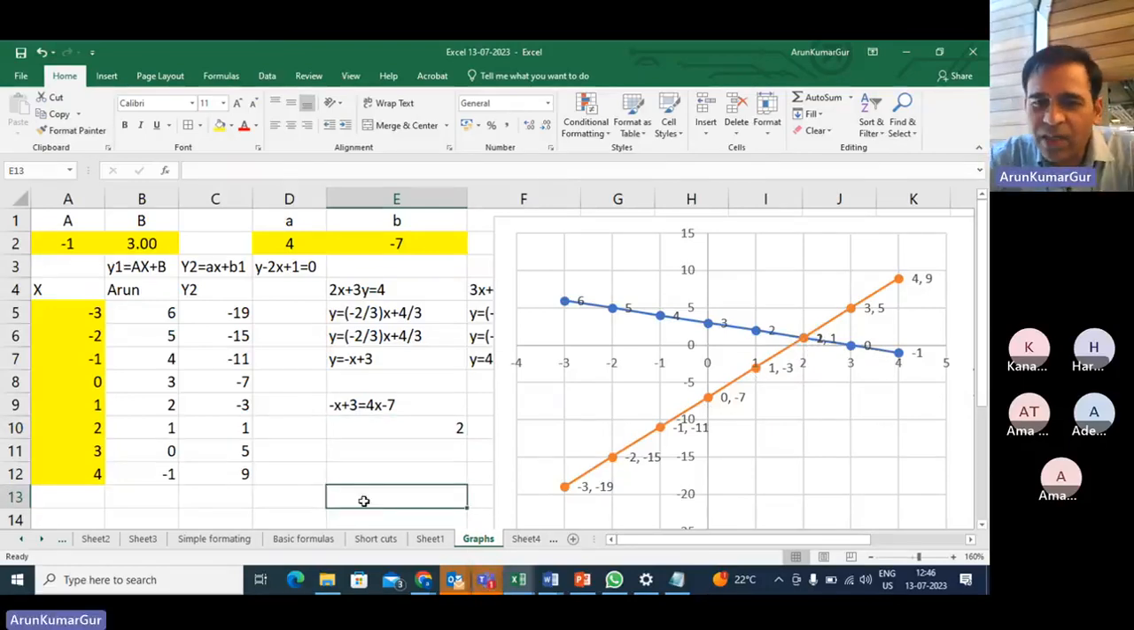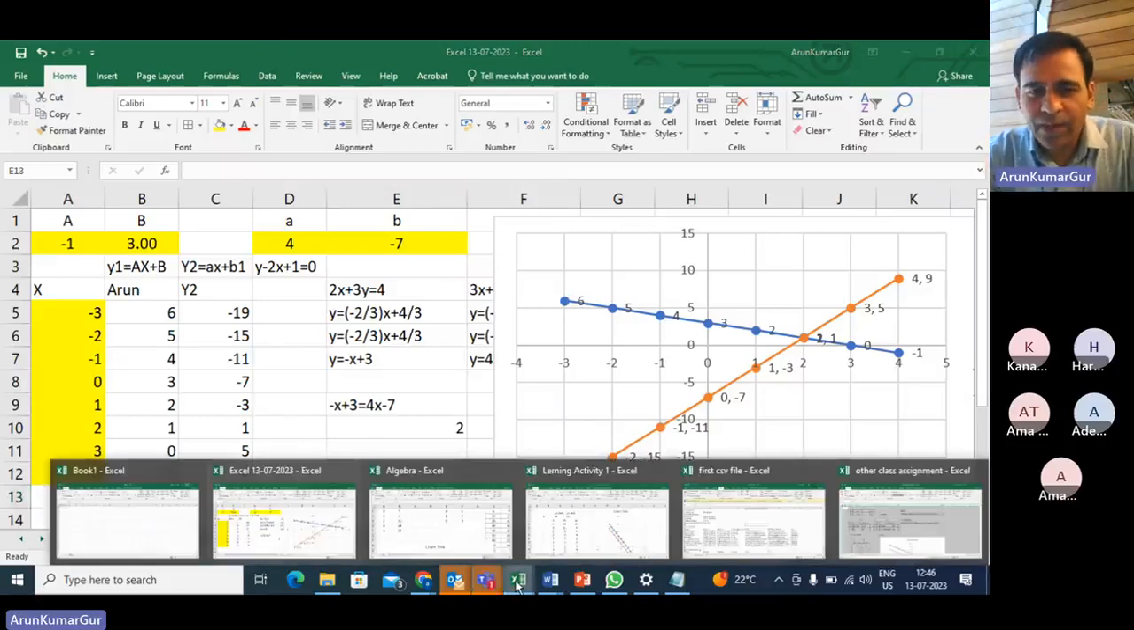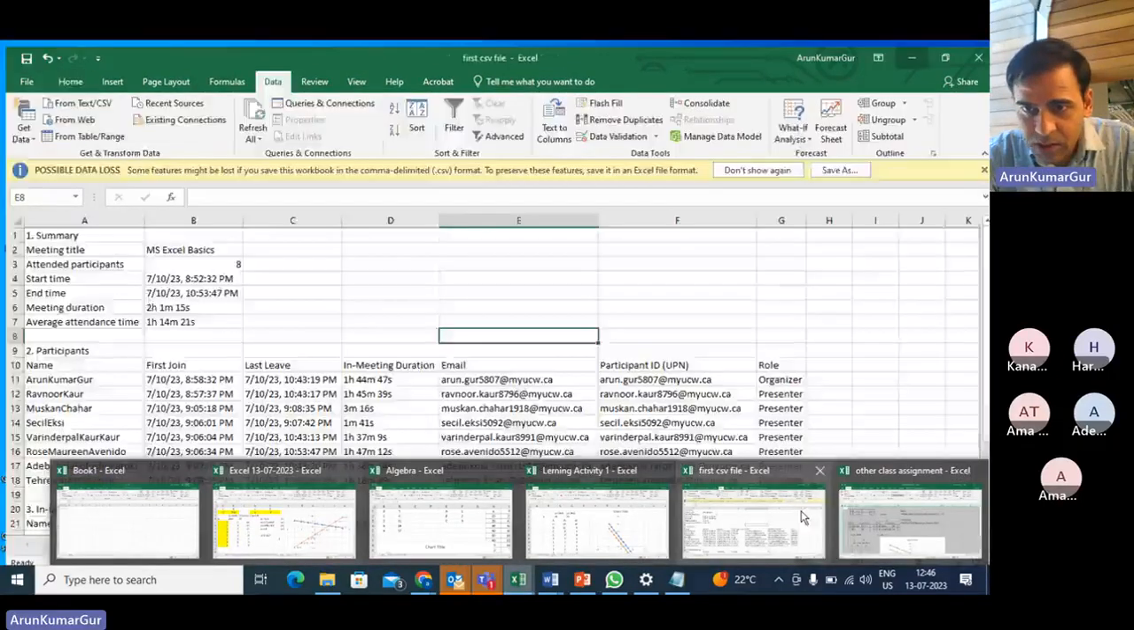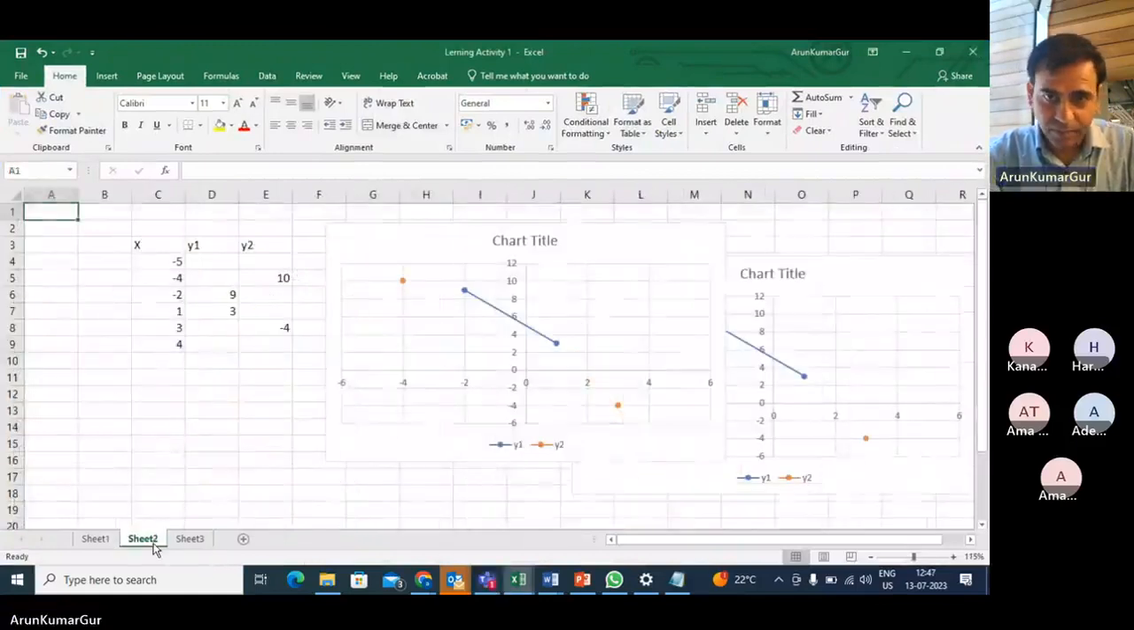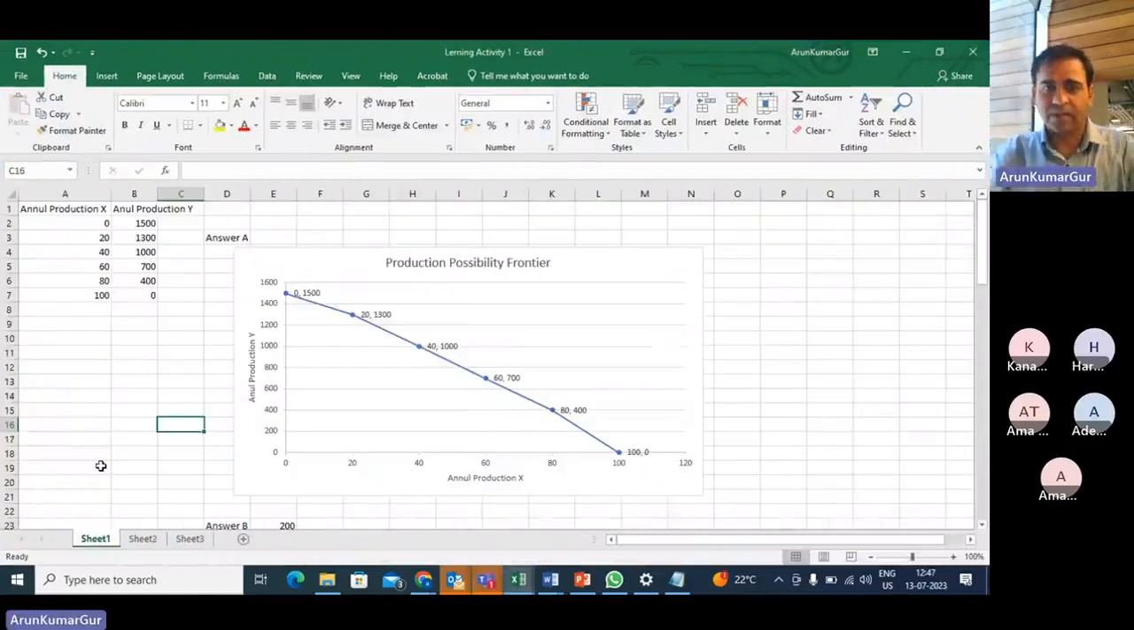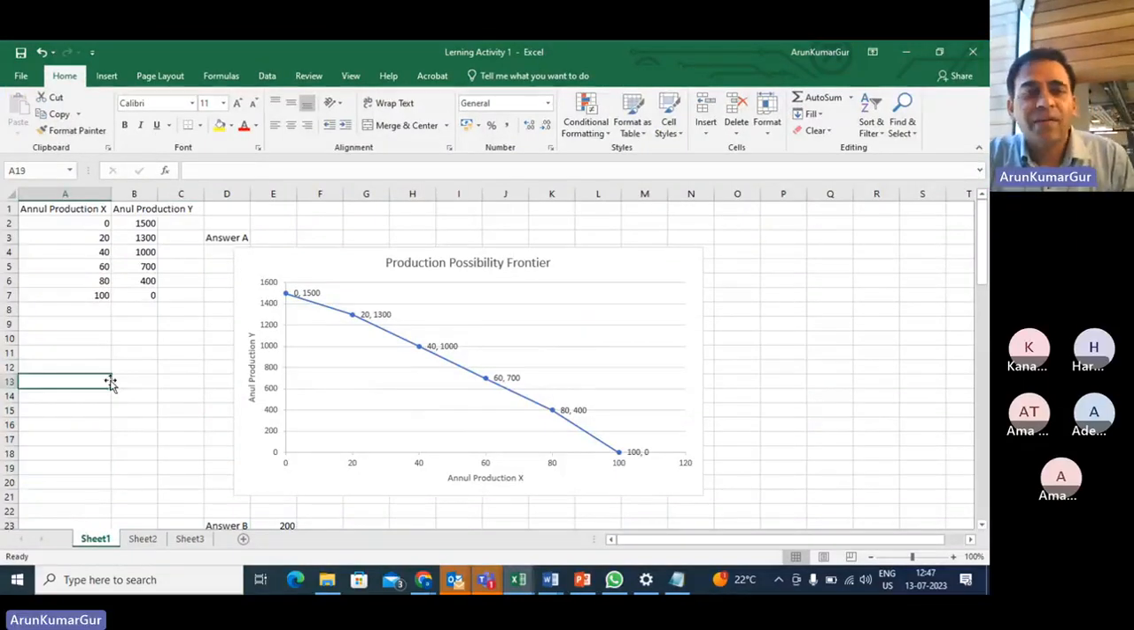And in economics, let me show you one graph. Okay, let me teach you that also. Economics. This is a learning activity. Here it is. Teacher asked us to do one assignment. Hope you guys too will have such. This is a PPF